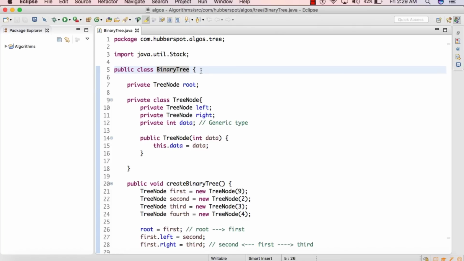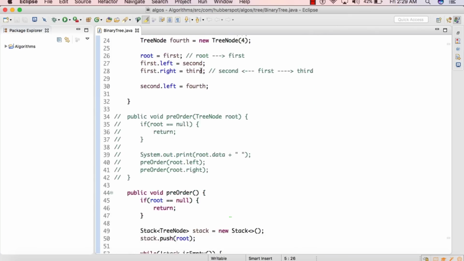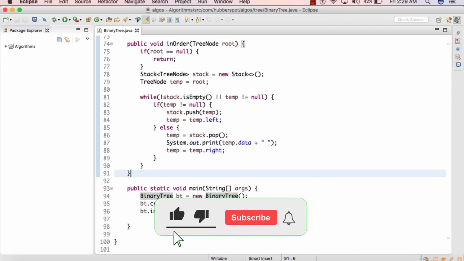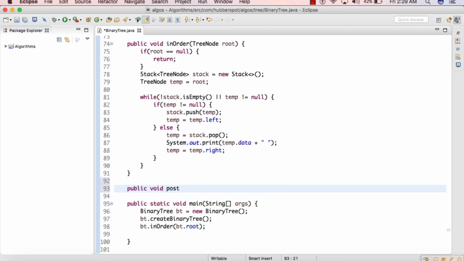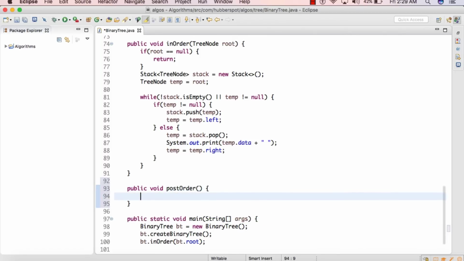So in this tutorial we will actually code recursive post order traversal of a binary tree. So here I will create one method as public void postOrder. So this is the same method which we discussed in the slide.